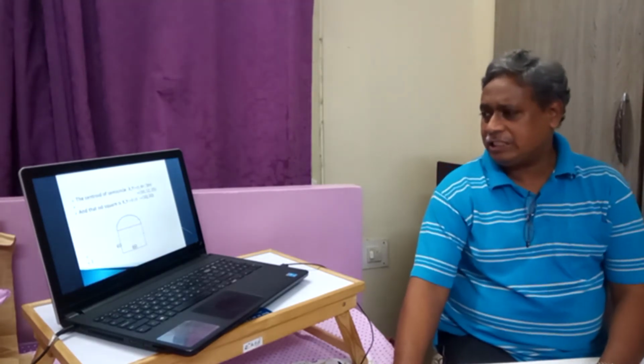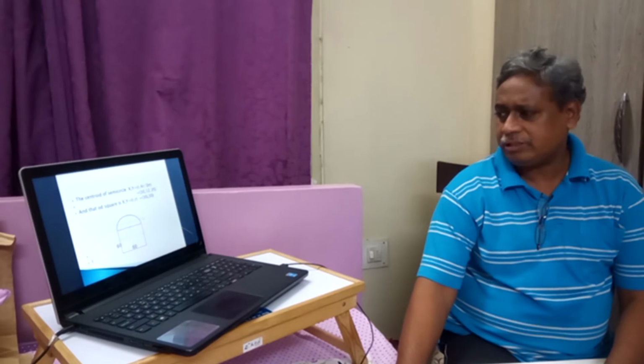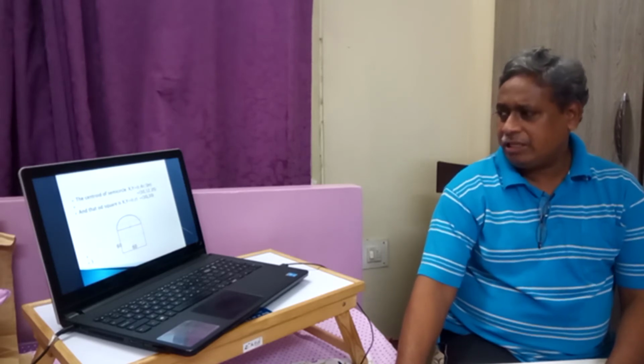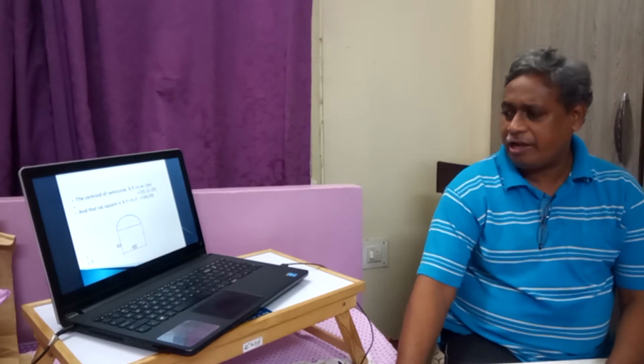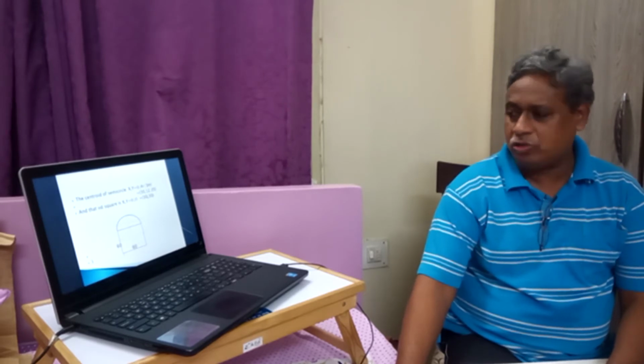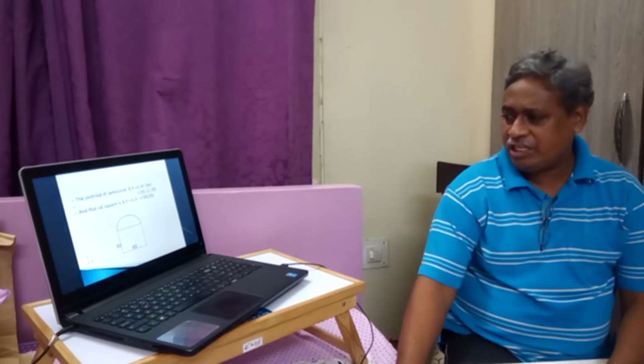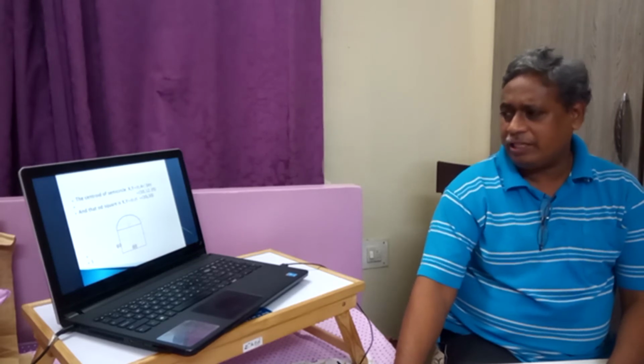But for y of the semicircle, it lies somewhere here, that is, this is 4r by 3 pi, this distance y bar is, but we have to take it from the origin. So we have to add 60 and 4r by 3 pi. Therefore, this value of y for the semicircle is 60 plus 4r by 3 pi, that is equal to 72.73.